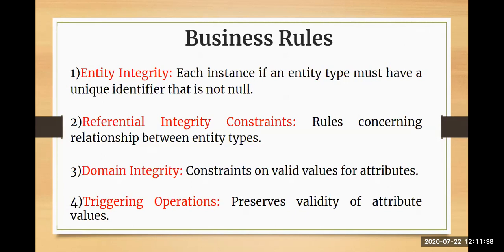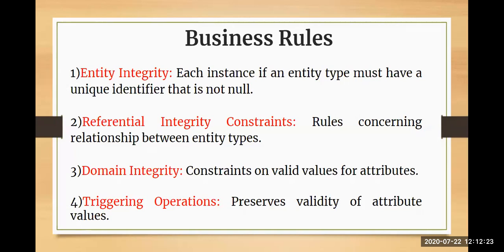Third is your domain integrity. Domain integrity refers to constraints that define valid values for attributes. For example, you are given valid values for age that should be between 18 to 50. Anything lesser than 18 or anything greater than 50 is not a valid value for the attribute. Whenever you are giving a range of valid values and telling that anything entered should be part of these valid values only, it is called a domain, because you're defining the domain value. My domain value in this example is between 18 to 50. Anything lesser than 18 will not belong to the domain, and anything greater than 50 will not belong to my domain.